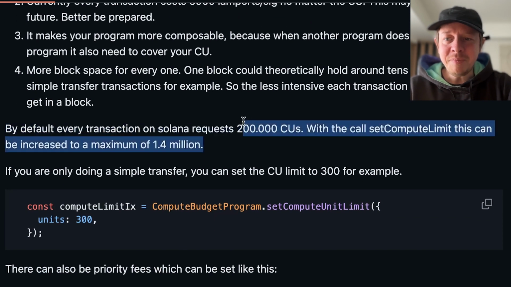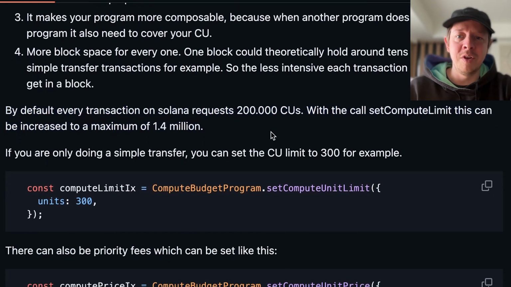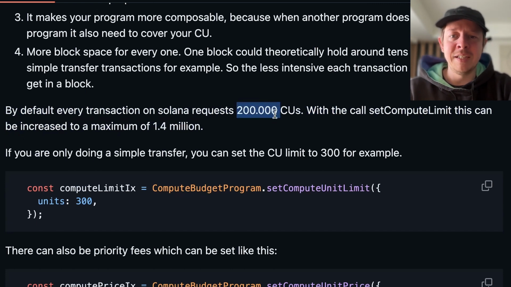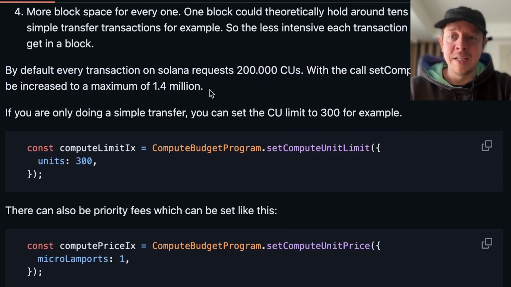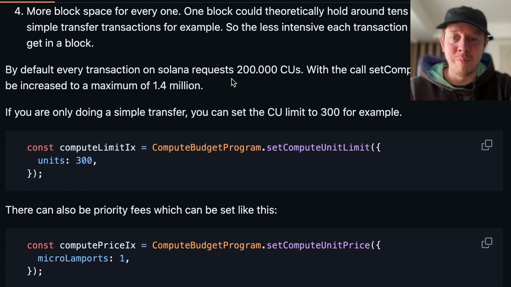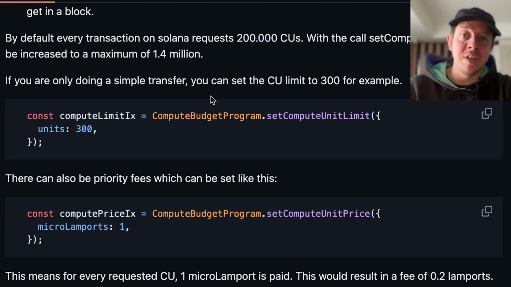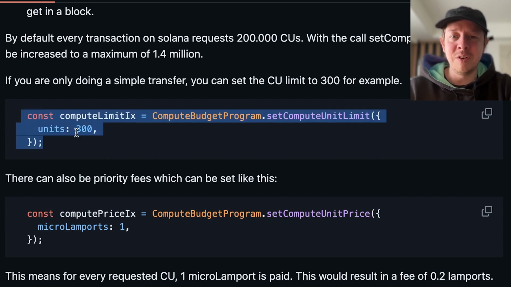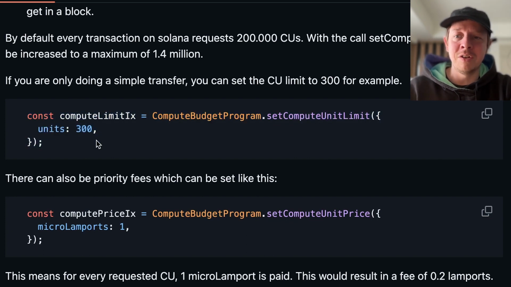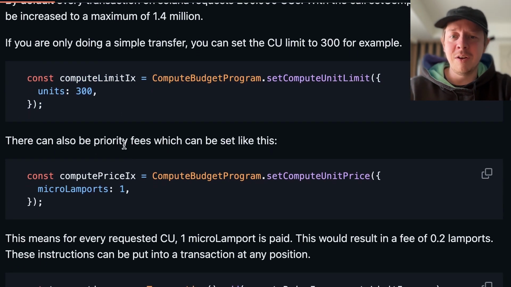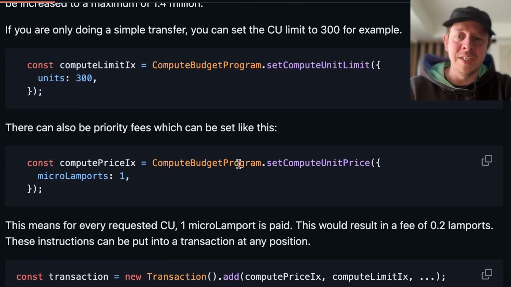And by default, when you request CUs for your transactions, it will be at 200,000 CUs. And the maximum, as I already said, is 1.4 million. But for a simple transfer, for example, you only need around 300 CU. So you can set your compute limit in your transactions as you create this instruction, and then you add it into your transaction. And then you can also request priority fees, which is